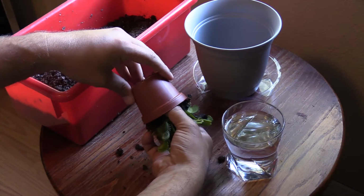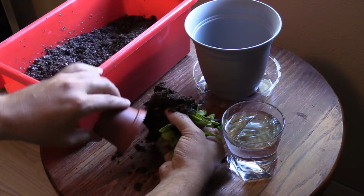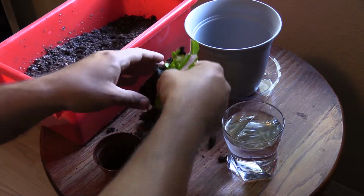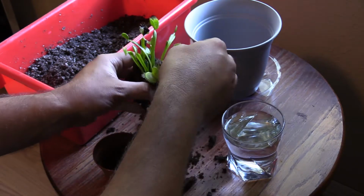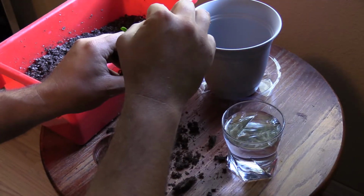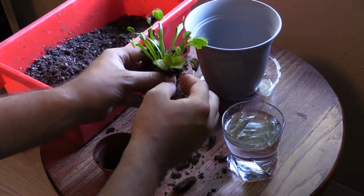So we're going to pull them out of here. Here it comes. There we go. Okay. So there's my plant. Uh-oh, don't like that. Oh, whoops, I thought that was dirt. That's actually just that trap is